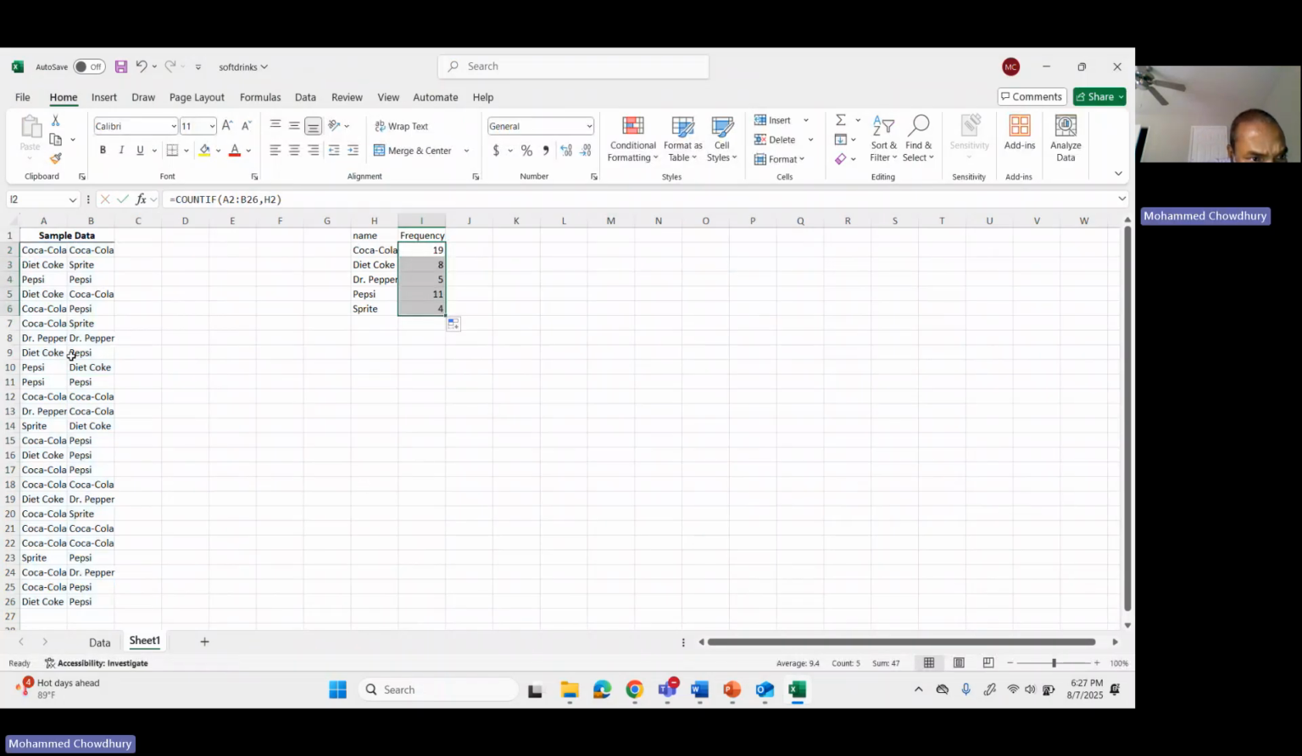Let us check how many times Sprite is coming. Sprite. This is one Sprite. That is one Sprite. 2 Sprite. 3 Sprite. 4 Sprite. This is the 4 Sprite is coming. So this is the way you can compute